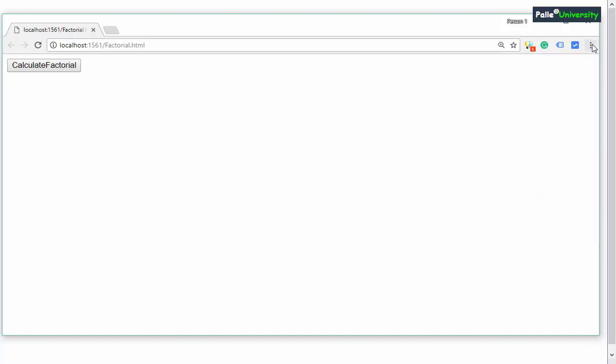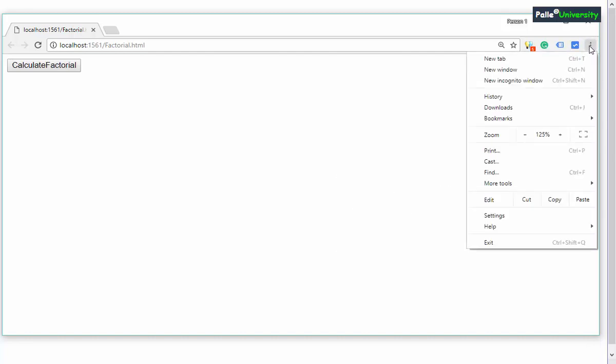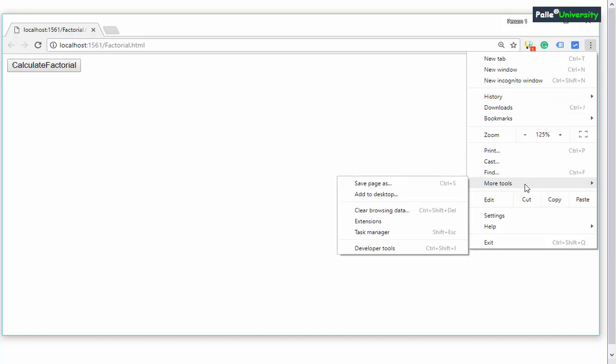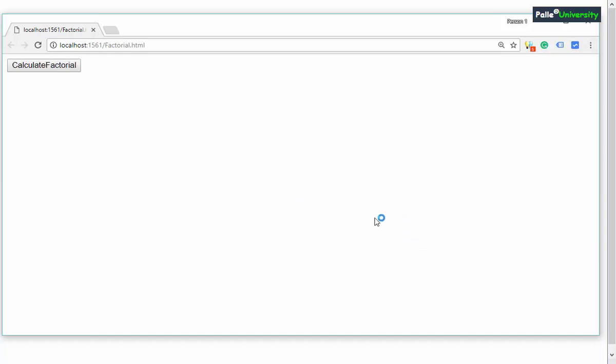In the current version, whichever I am using over here, you will see a three vertical dots icon. Once you click on that icon, you will see More tools, and in More tools you will see something called Developer tools. You have to click on this, or otherwise you can happily press Control Shift I. Once you click on this, a developer tools window will be attached to this current browser window.